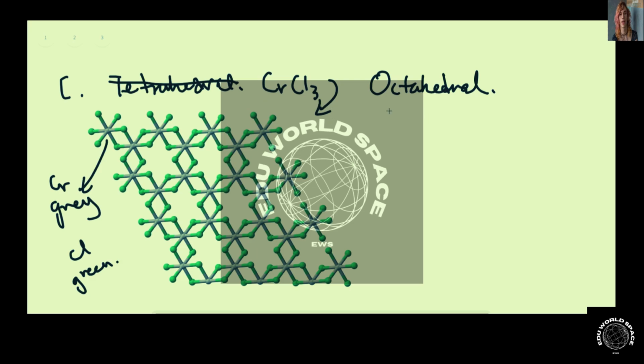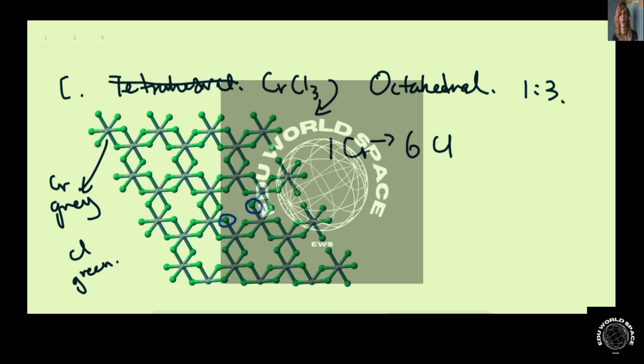chromium ion is attached to 3 chloride ions. So the ratio looks like it's 1:3. However, the structure of this is octahedral. And octahedral means that each chromium will be attached to 6 chloride ions. And why is that different? This is because